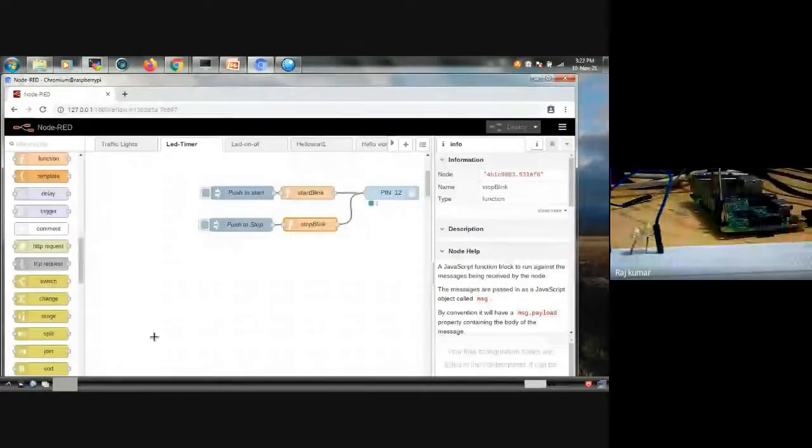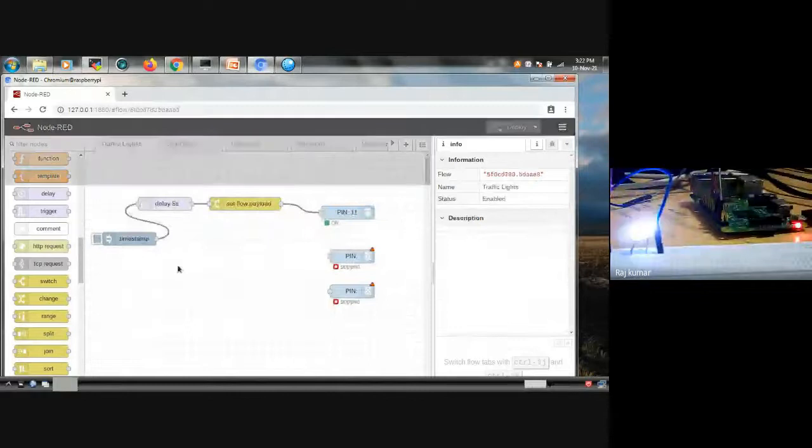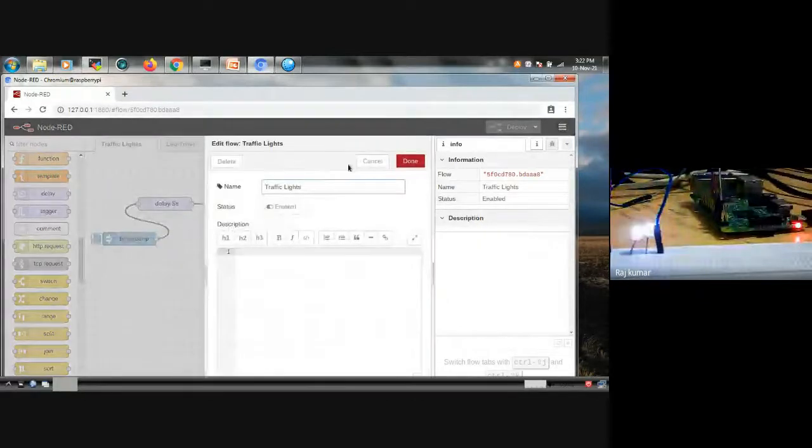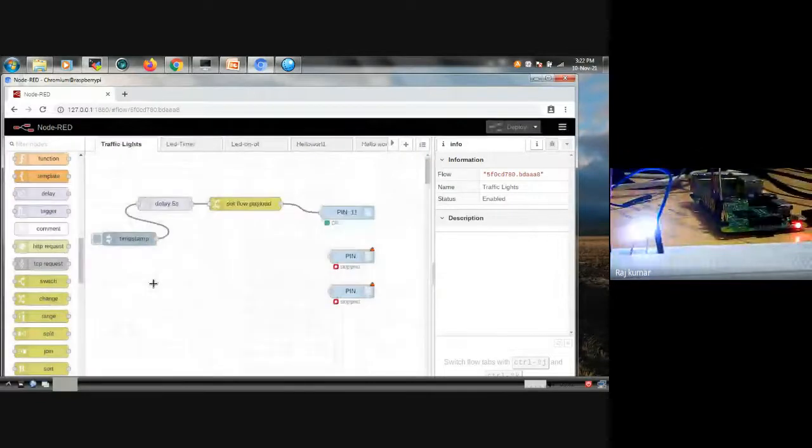I tried to develop one more application like this, traffic lights, but it is on the way. It is not yet completed. I tried, but I was unable to do it right now. Here, the same timestamp: when we click on that, a delay timer of 5 seconds will be sent to each light.